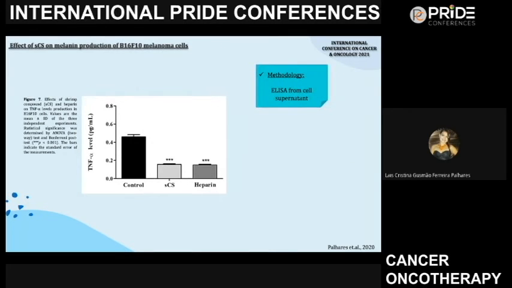We also quantified the levels of TNF-alpha secreted by melanoma cells in vitro. And even though TNF-alpha is a type of cytokine that we think fights the tumor and helps to kill the tumor,